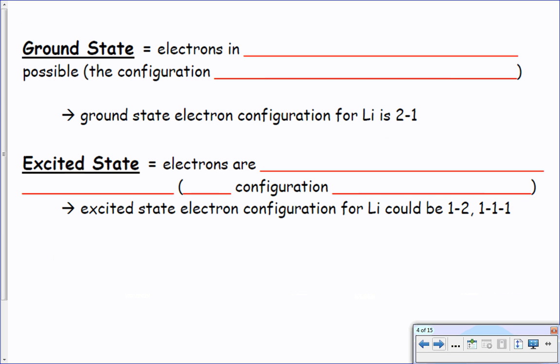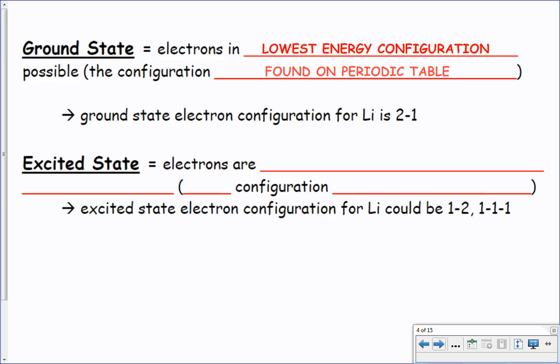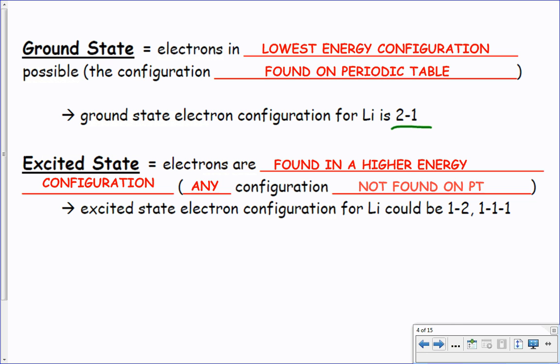So ground state electrons are in their lowest energy state, and we will find that on the periodic table. Okay, so for Li it is 2, 1 if we look that up. In the excited state, electrons are found in a higher energy configuration, so any configuration basically that's not on the periodic table. So 1, 2 will go to 1, 1, 1. You'll notice you will not find this on the periodic table, but